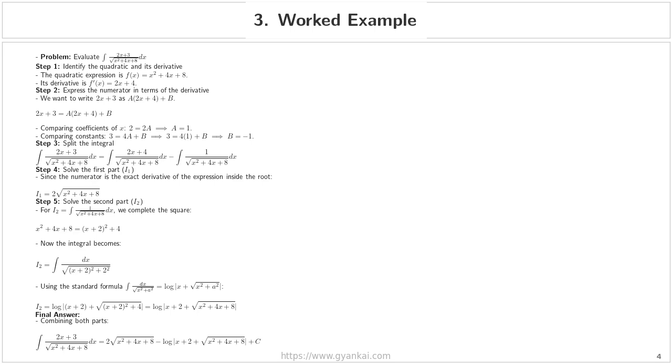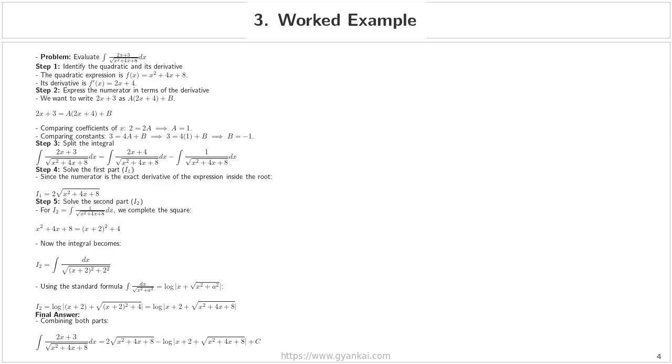Final answer. Finally, we combine both parts, I sub 1 and I sub 2, and don't forget the constant of integration. Therefore, the integral of 2x plus 3 divided by the square root of x squared plus 4x plus 8 dx is equal to 2 times the square root of x squared plus 4x plus 8, minus the natural logarithm of the absolute value of x plus 2 plus the square root of x squared plus 4x plus 8,